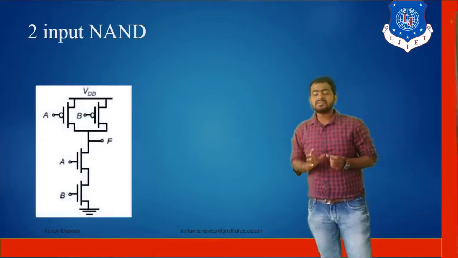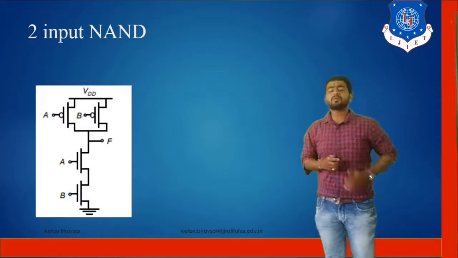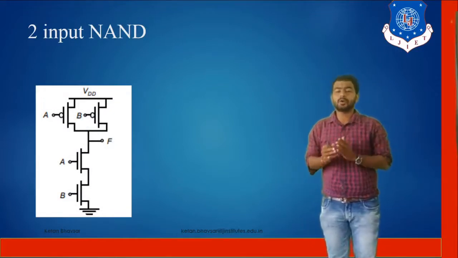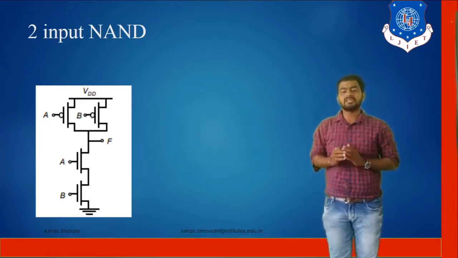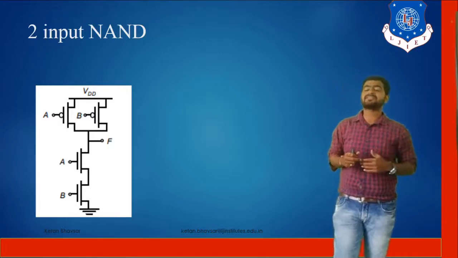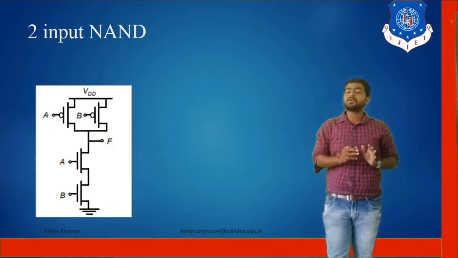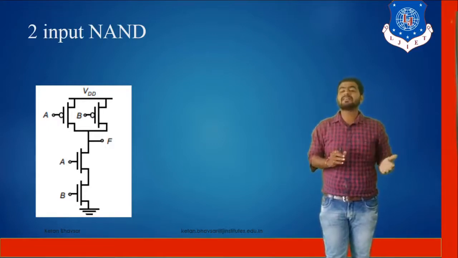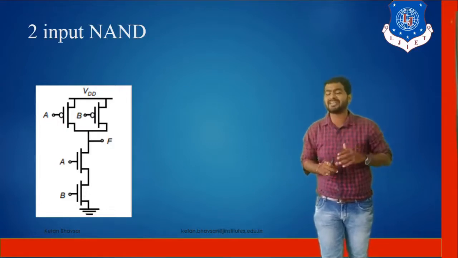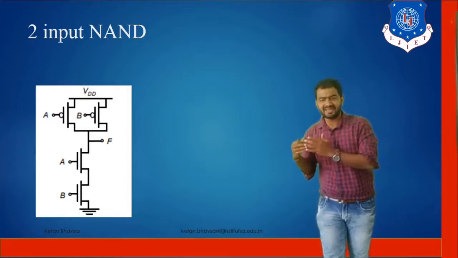Now, before starting complex CMOS designing, first of all we should know what exactly CMOS is, and we should know the NAND gate and NOR gate very well in CMOS. That is, how we can design a NAND gate using CMOS and how we can design a NOR gate using CMOS for two inputs. And I hope that you already know CMOS very well. If you know CMOS very well, then and only then you can work on a two input NAND gate, a two input NOR gate, and also you can work on complex CMOS based design.